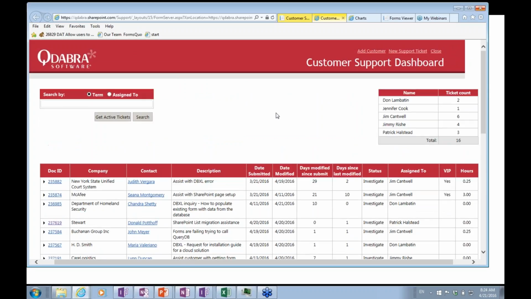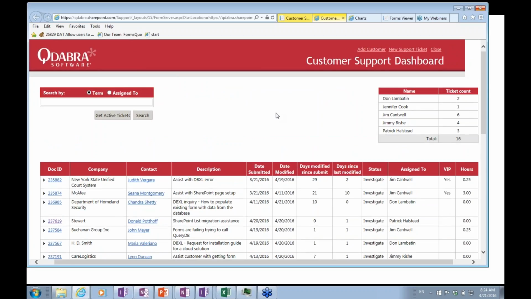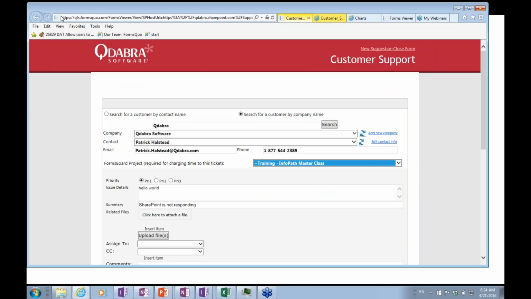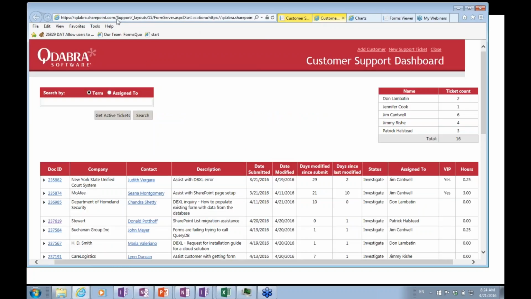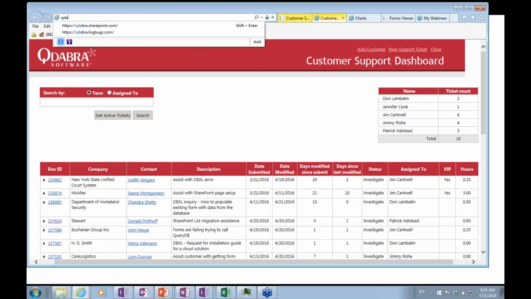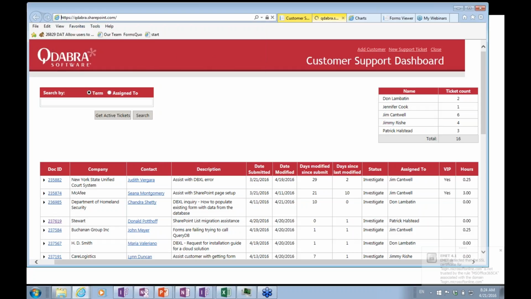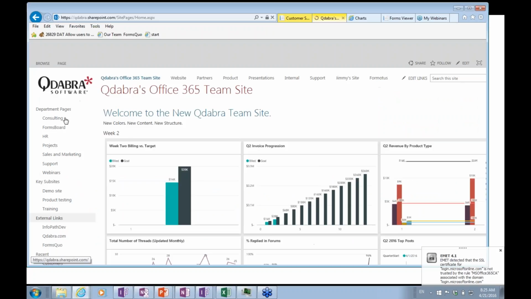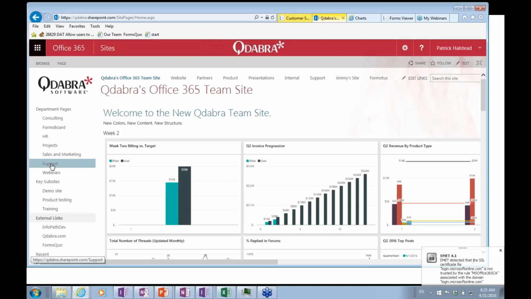Now this is actually an InfoPath form. It looks like a web page, but it's just running from SharePoint. You can see Qdabra.sharepoint.com there. This is just on my 365 site. Let me actually go there again, just to show you that I'm not lying here. So on our main Qdabra.sharepoint.com site, we have a support page, and if I click on the support